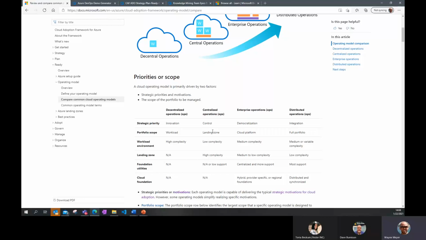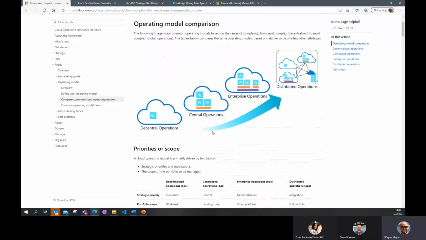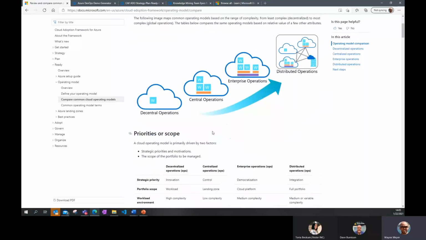If we run in a centralized approach where the strategic priority is control, let's think about how DevOps will play a role there. This is probably going to be contained to that IT team. I think to truly gain benefit, you want to make sure that we get a lot of people and a lot of those ideas and that experimentation coming in. Think about those different types of operating models as we move forward. So tons of great content and assets that have been set up here.